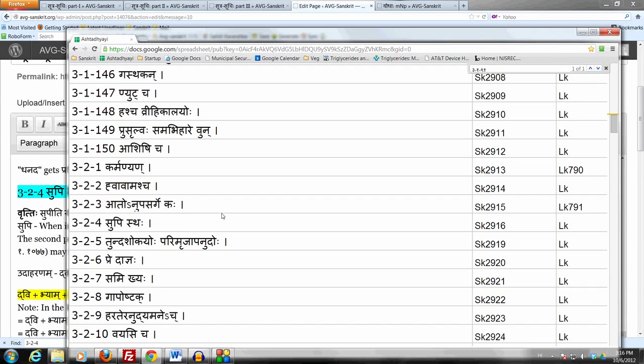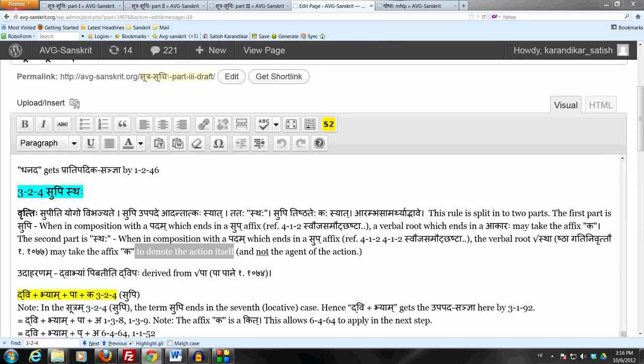So that is how the grammarians have come up with this, that this sutram sthaha now will allow the affix ka to be used after this verbal root stha in the sense of bhave also, just to denote the action of the verbal root stha, not the agent, because the agent is already covered by the prior rule supi. That will take care of the cases when you want to denote the agent, because that sutram supi covers all verbal roots which end in akara, including stha.